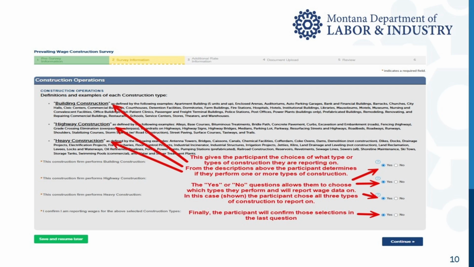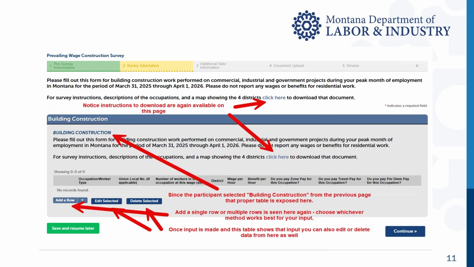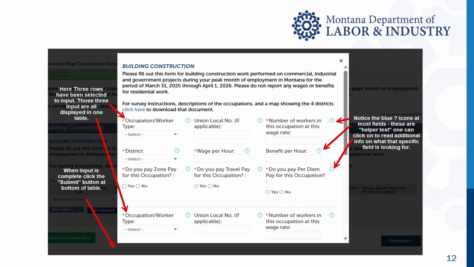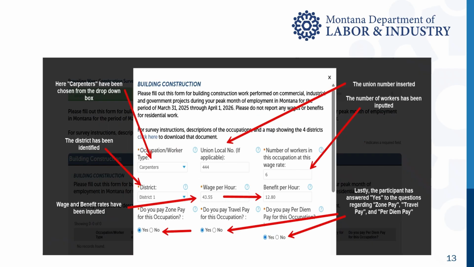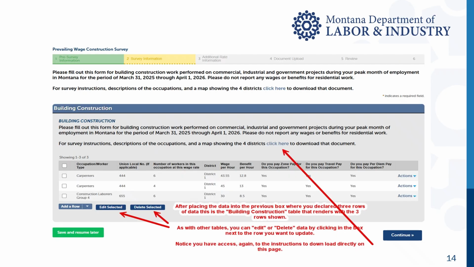Whatever you choose, you will be treated to a separate table to input your wage, benefit, and other pay types for that construction type. Click Continue to move to the next page. For each of the construction types you selected, you will receive a table to input your information for that construction type. All tables will have the same functionality, whereas you will select the number of rows to input those in